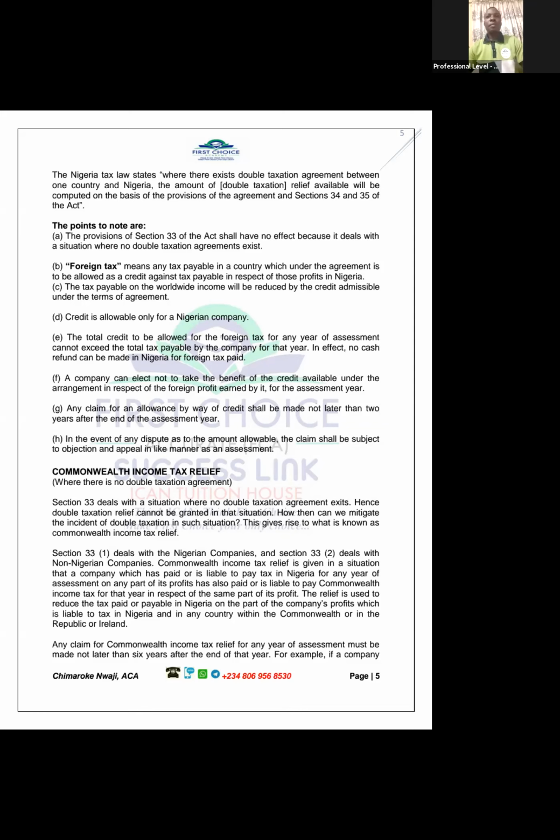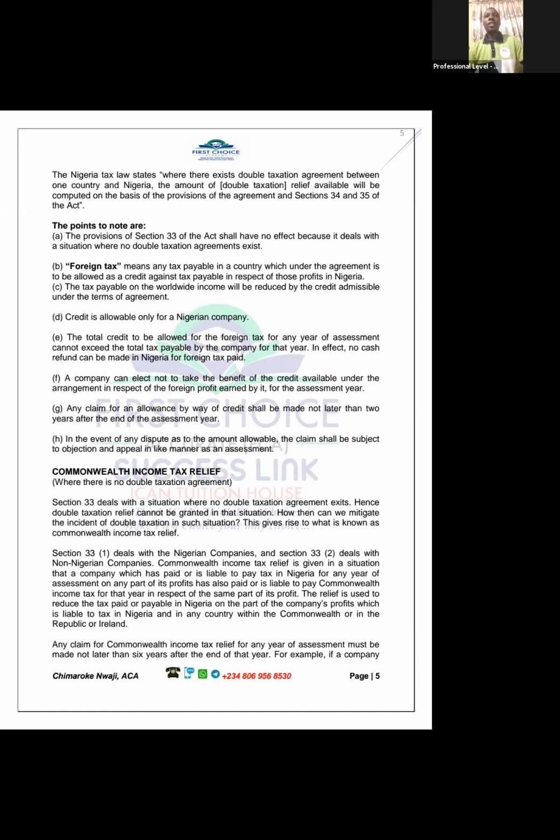So you see, now, assuming Ghana is charging them tax at the rate of 10%, okay? If Ghana is charging them at the rate of 10%, they are going to look at the 10% versus 15% of Nigeria. And so they are going to use the smaller of the two. So it means the 100,000 they paid is what they will relieve.